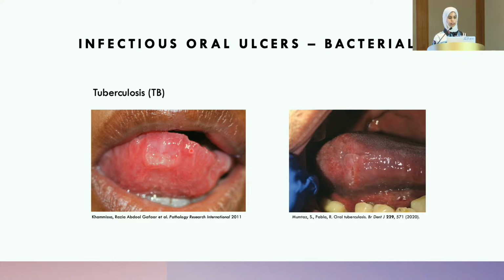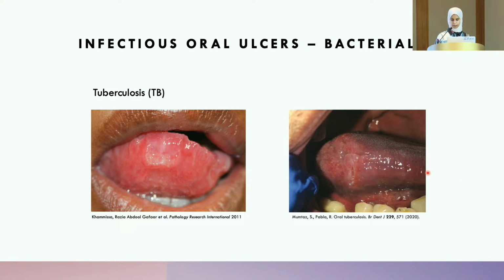Most commonly, you will see these on the tongue, but any oral site can be affected. The presentation is non-specific, so this isn't particularly diagnostic just for TB. But when the index of suspicion is low, there could be a delay in diagnosis just because of this non-specific appearance. And this is how they present. We can see an indurated, ill-defined ulcer with a hard necrotic base, covered by a sort of yellowish pseudomembrane. This is one here on the ventral surface of the tongue, and then this is one here